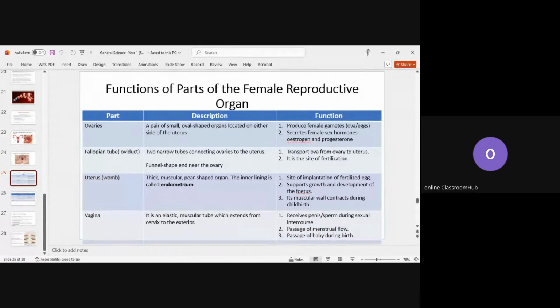Number 2 is to act as the passage for menstrual flow. Number 3 is the passage of a baby during childbirth. So these are the 3 functions of the vagina: sexual intercourse, menstruation, and childbirth. God has designed it for only these 3 functions. Then we move on to